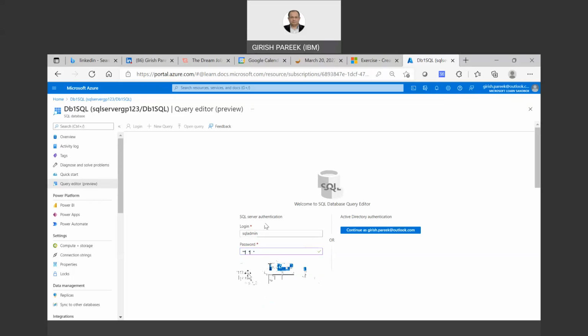And it says that you will not be able to sign in because your IP address needs to be enabled in the firewall rule. So this is your authentication method. It says cannot open server requested by login. Client with IP address this is not allowed to access the server. So it is giving you the IP address. What you need to do is